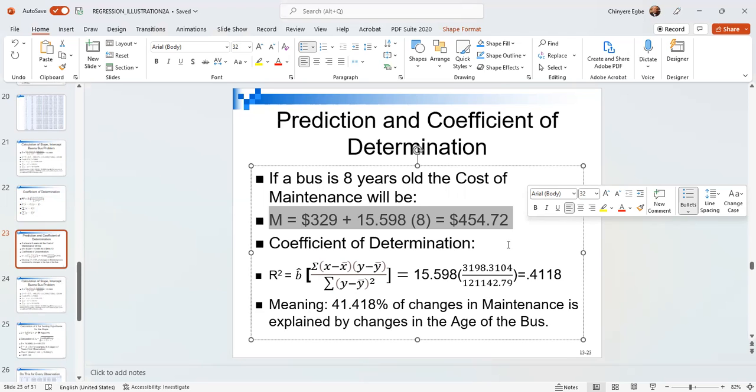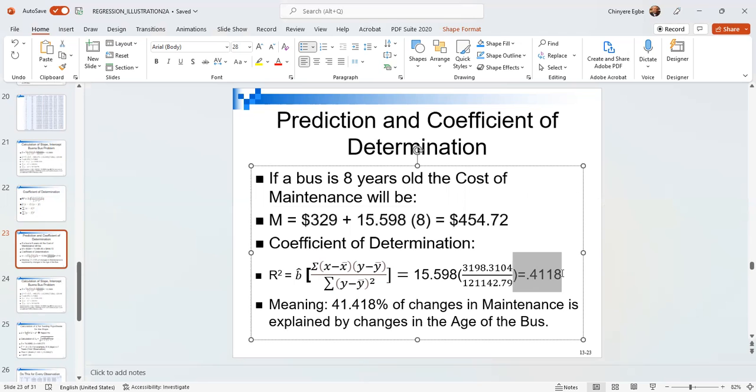Now you can see that when we did our calculation, what we got was a decimal, 0.4118. And you convert that to percentage, it becomes 41.18%. Okay, so again, that means that if only 41% of changes in the maintenance cost of a vehicle is explained by changes in age,